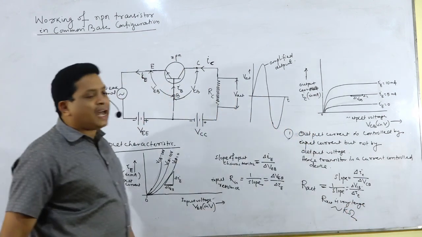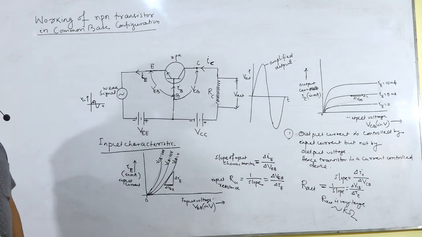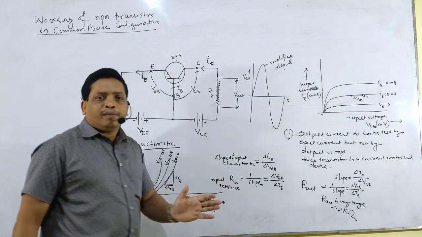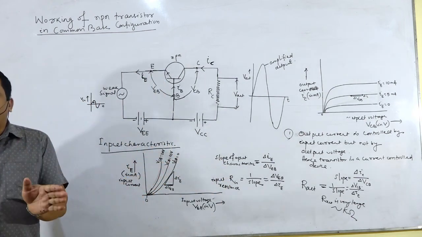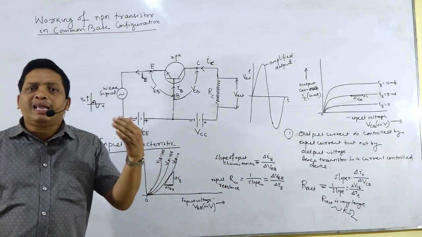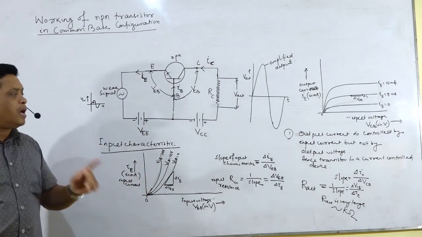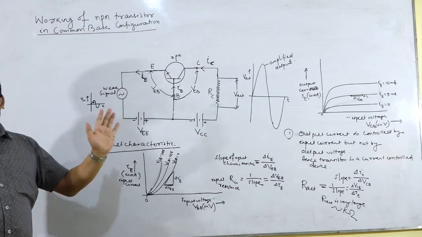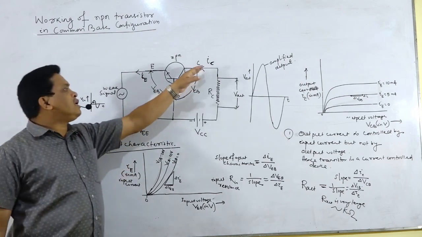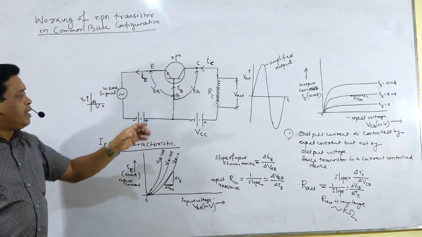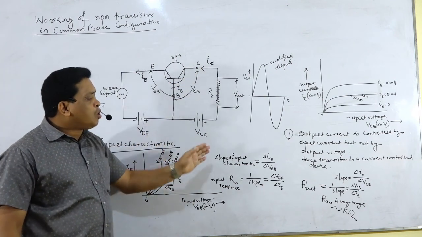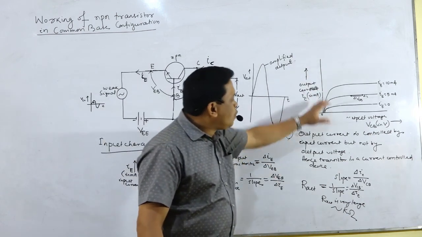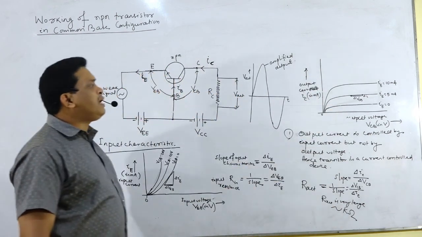But input resistance is very small, of the order of ohm. So look here, in the transistor, input resistance is very small and output resistance is very high. It should be, because the input PN junction is forward biased, so input resistance should be small. And the output PN junction is reverse biased, therefore output resistance should be very high. So that also we have explained on the basis of the graph.